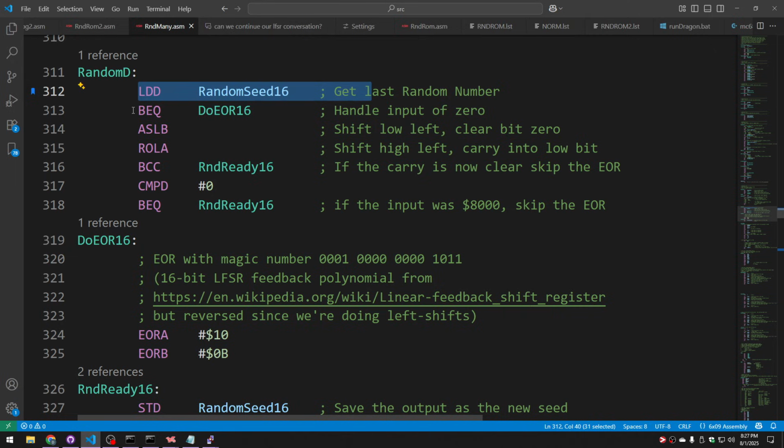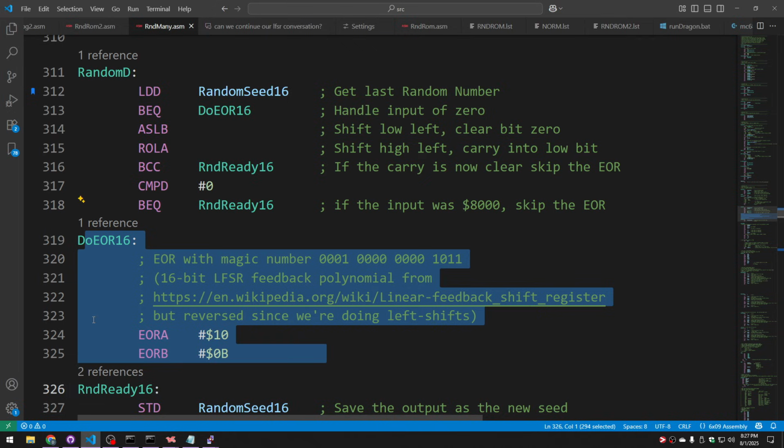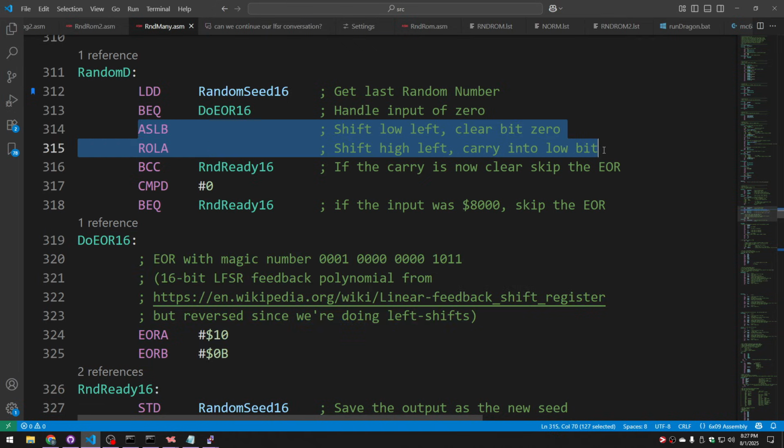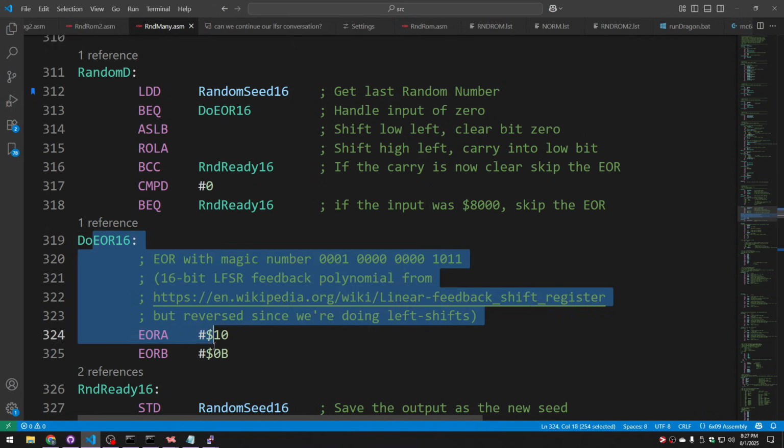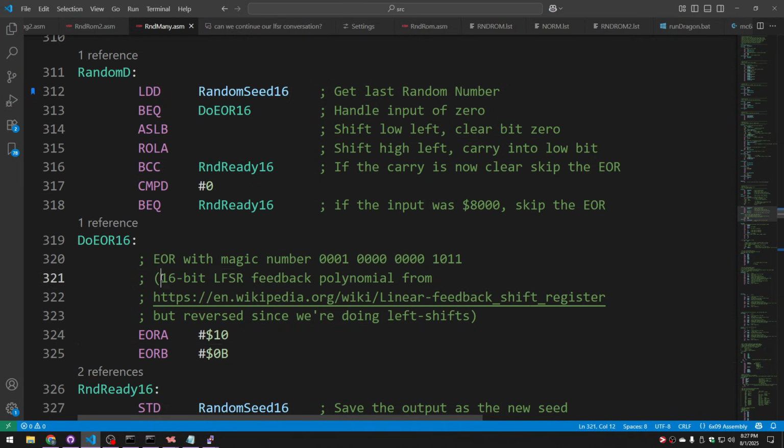I do those same conditional branches. If it's 0, I just do the EOR and that's it. Otherwise, I do a 16-bit shift left, and then I skip the EOR if we've got a clear carry bit, or we're 0 altogether. If neither of those are true, we do the EOR. This time it's a 2-byte EOR. And I just directly grabbed the polynomial straight from the linear feedback shift register topic on Wikipedia,